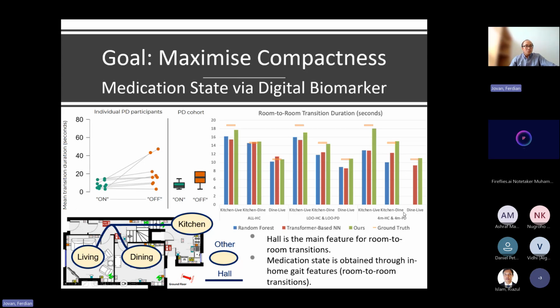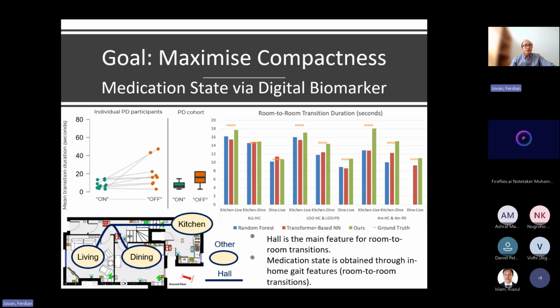And I just want to point out here that because we use the hall to track the movement based on the output from the model, it must be continuous. So if it's detecting the hall, then we can say the person is moving at the moment, and use that as the room-to-room transition duration.